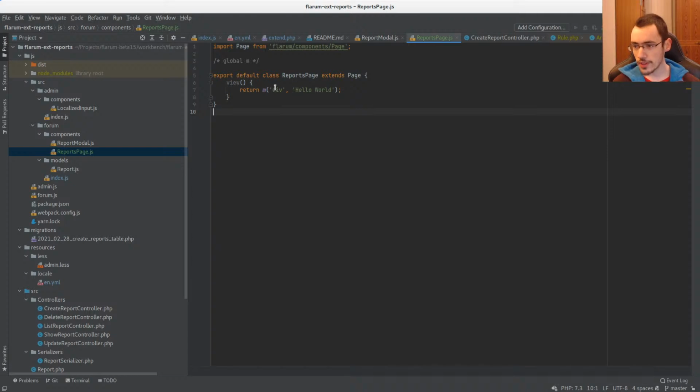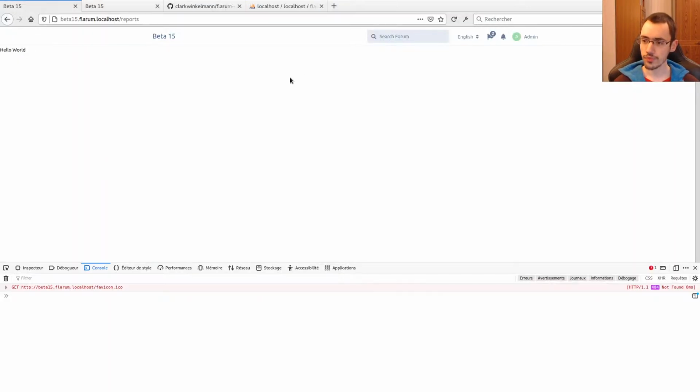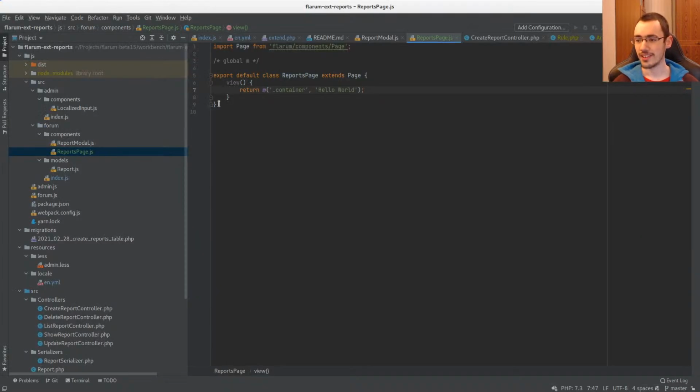So we will do a bit more on that page. So first we will use the container class, and that way the content is centered. Yep, that's better. And next we will create a table. I don't know if I will use a table in the end, but let's use a table for now. You can see I'm not using JSX, so there are two different ways of doing templates. You can use JSX or you can use Mithril